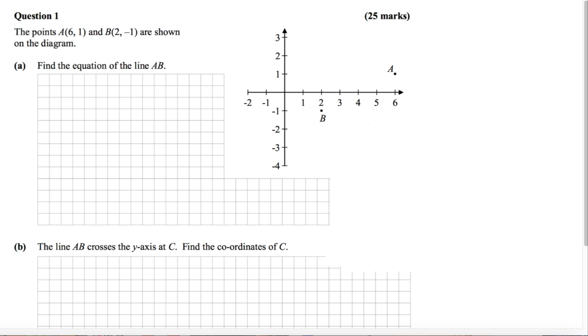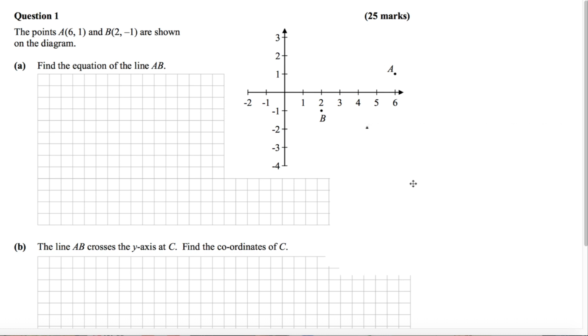So this is the 2011 Leaving Cert Ordinary Level Paper 2. We're looking at question number 1. The points A, which is (6, 1), and B, which is (2, -1), are shown on the diagram. Part A says find the equation of the line AB. So if we joined A and B and then extended that line infinitely, the question is what would the equation of that line be? Okay, well,